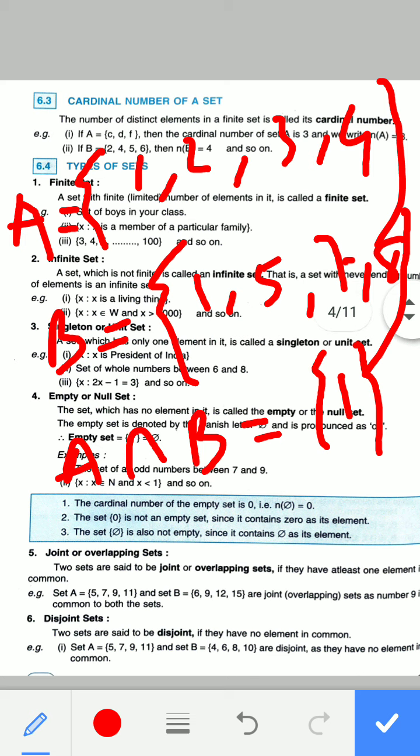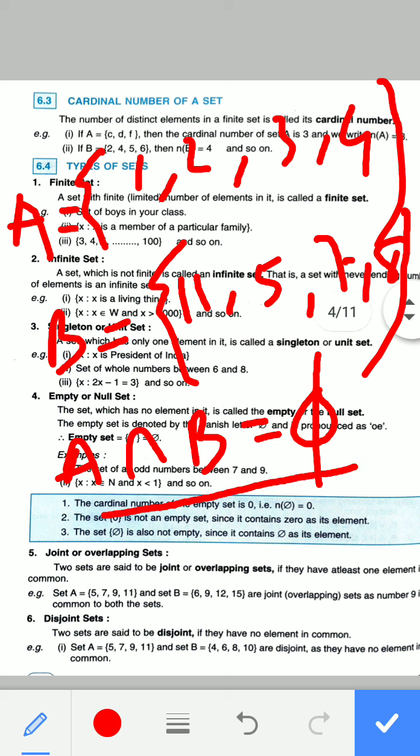Now what do you mean by disjoint set? Disjoint set means, for example, instead of 1, if it is given 11, then here we have 1 2 3 4 in set A, and in set B 11 5 7 8. So there is no common element between A and B. Then A intersection B, which is called intersection, is empty. So as A intersection B is empty, we say that A and B are both disjoint. That means they don't have any common elements.